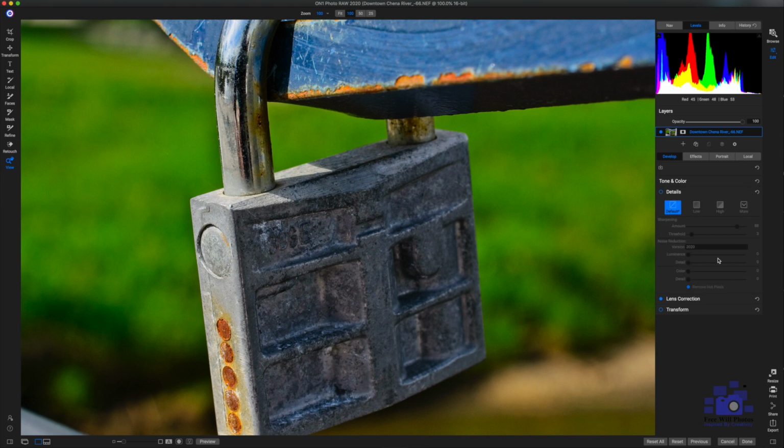So again, I'm not a fan of the detail module, but if you know how to use it, please let me know. Lens correction. Lens correction is probably one of my favorite modules,